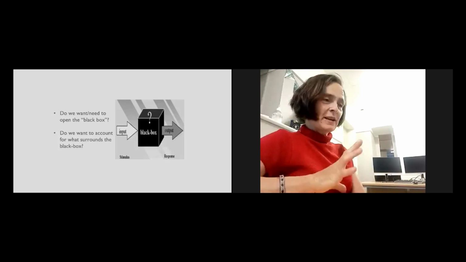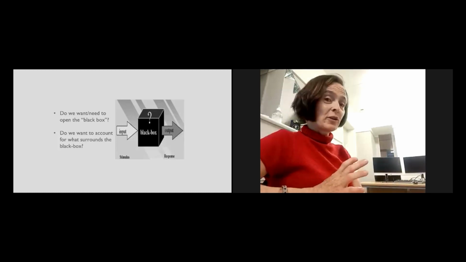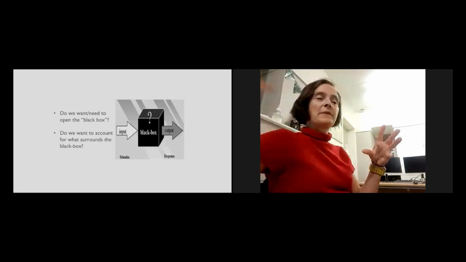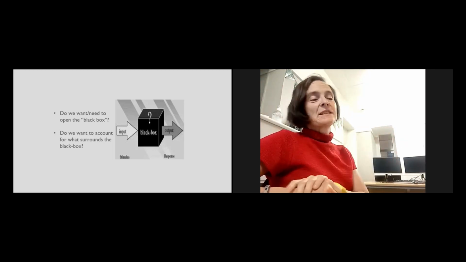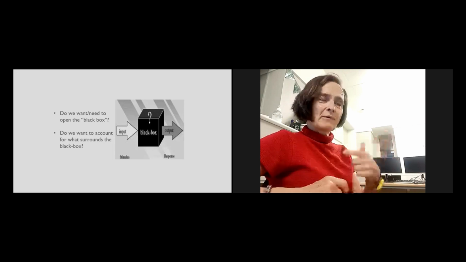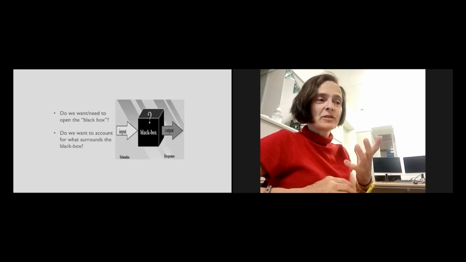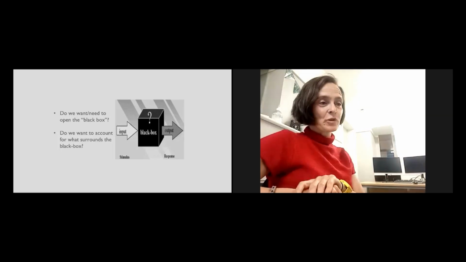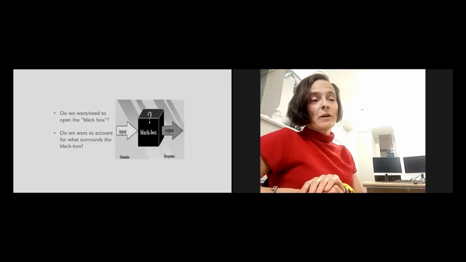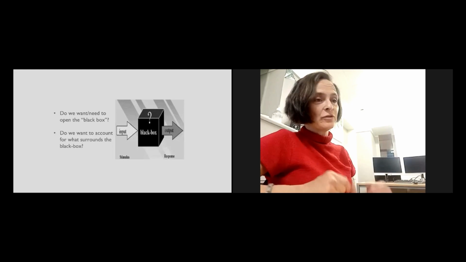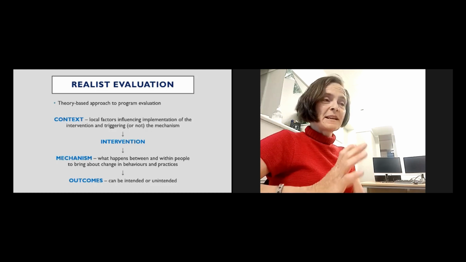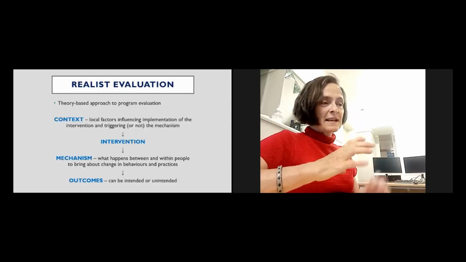Looking at this next slide, if we're thinking about a lot of programs, and for my work, it's been mostly in global mental health, we know that we will run a program and we get certain outcomes or outputs, but there's this black box in the middle, which is around what happens and how outcomes happen. So essentially, what are the mechanisms to achieve outcomes? If we understand how the mechanisms work, we've got a better chance of knowing what it is in the program that's effective, and then we can build on that and use it more widely. So realist evaluation is an approach that tries to use a theory, and it says that the context is